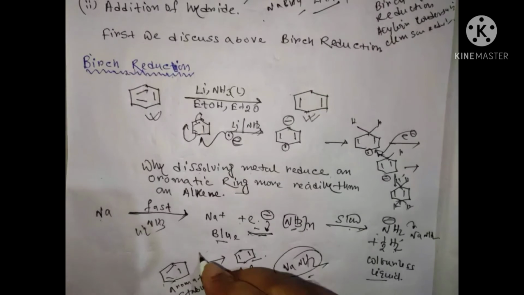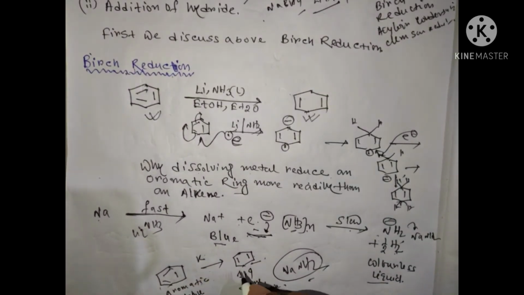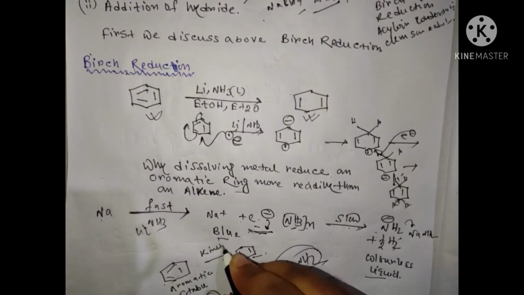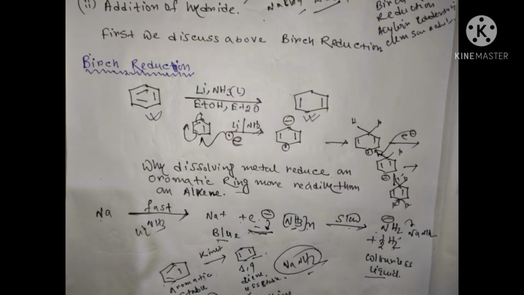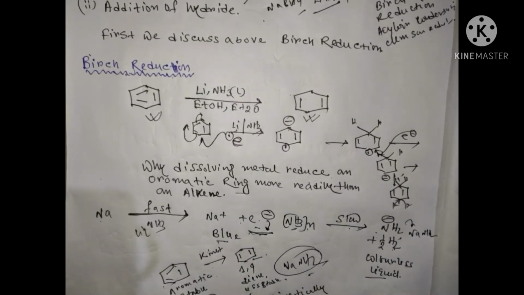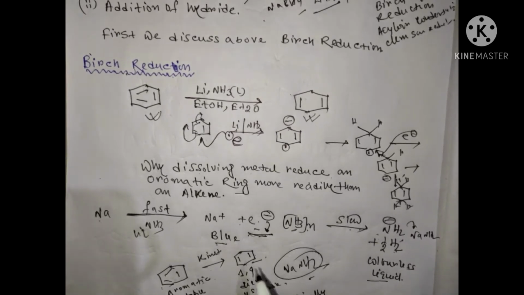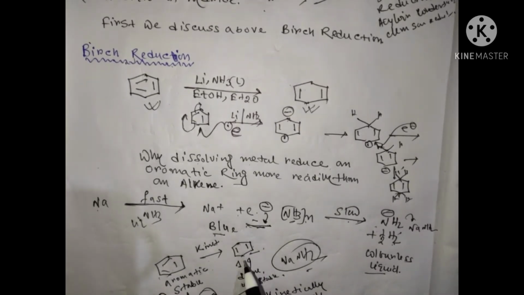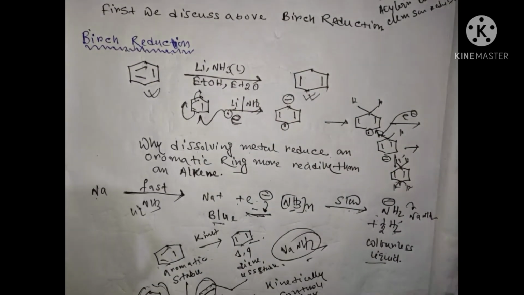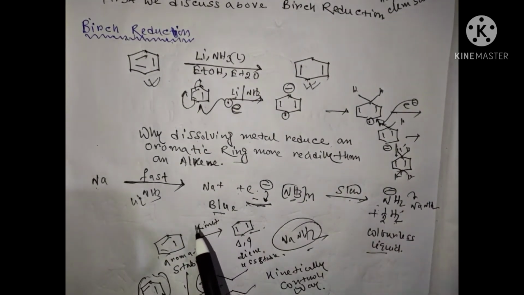Because the reaction proceeds in a kinetically controlled way. Because of that we don't get the conjugated product. We always get the unconjugated product in the case of Birch reaction, because it is a kinetically controlled reaction,